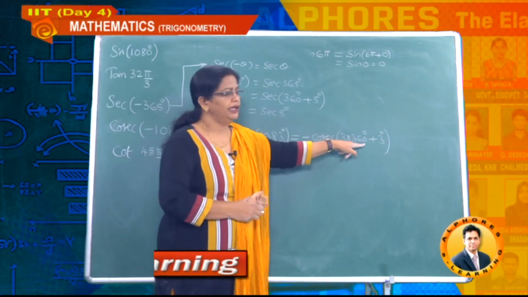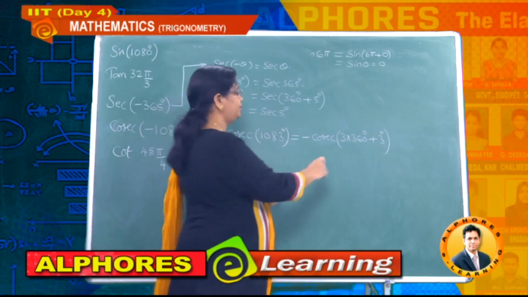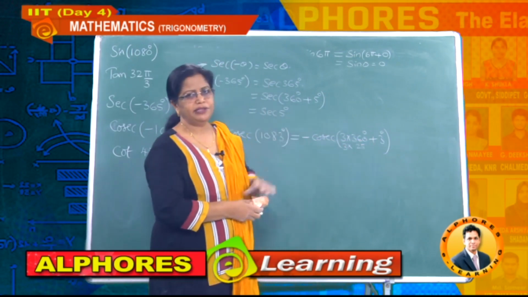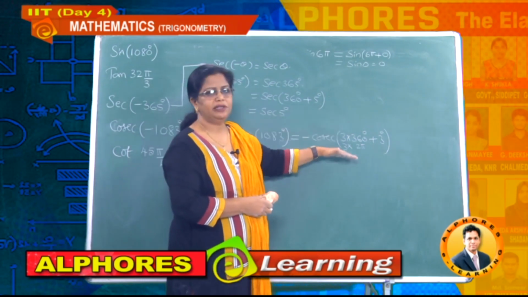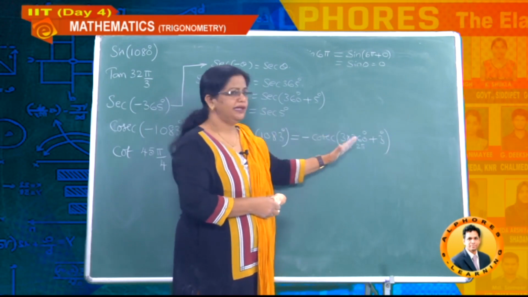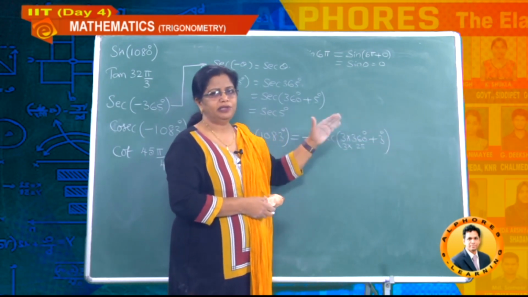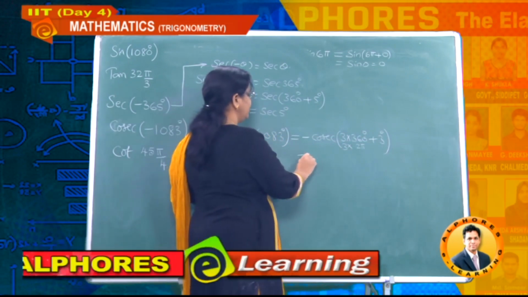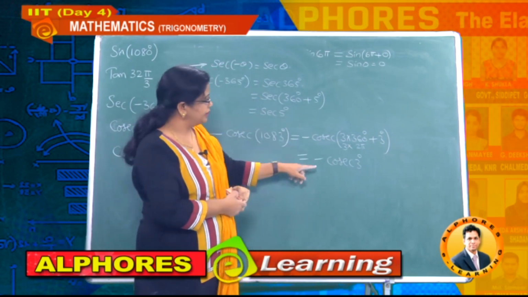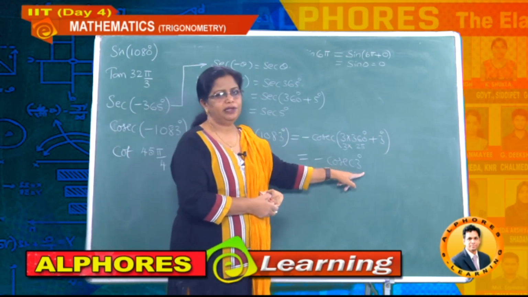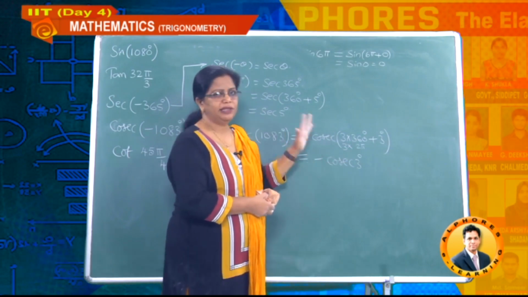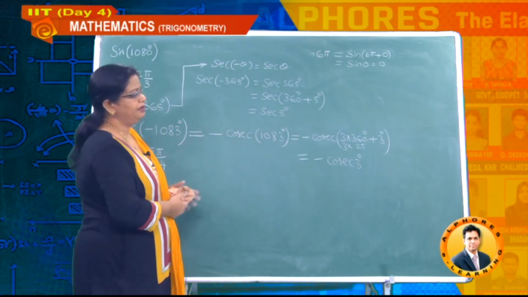Now 1080 plus 3, this is 2 pi and this one is 3. So 3 into 2 pi means it is 6 pi. Therefore, it comes under the concept of 2n pi plus theta. Now cosecant of 2n pi plus theta, what is the value? First quadrant model. So minus cosecant 3 degrees. Got the answer? So this is minus of cosecant 3 degrees. Cosecant 3 degrees being positive, minus into plus, finally you got a negative answer.